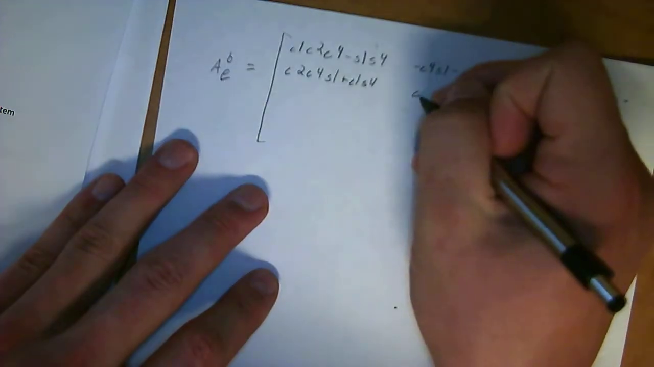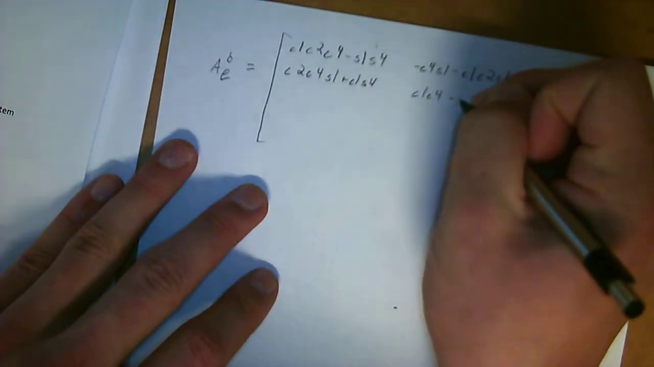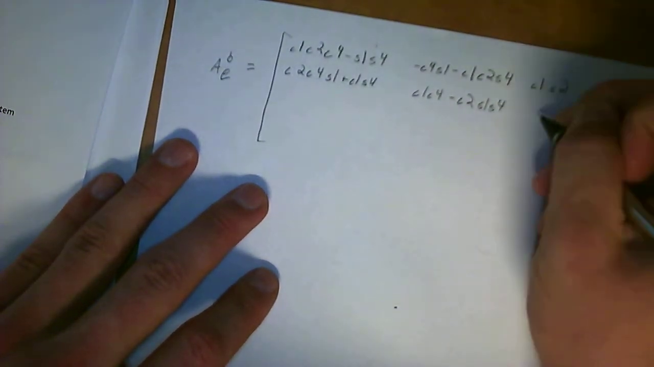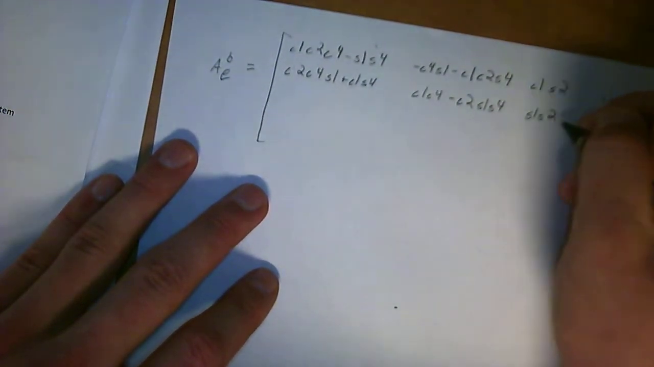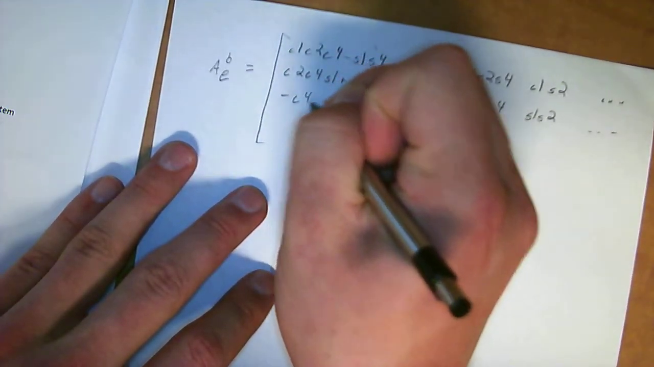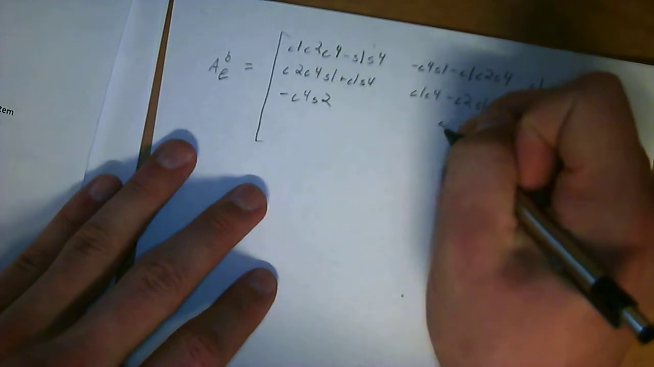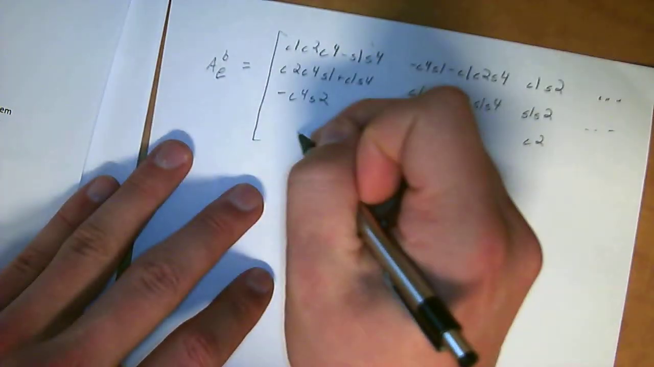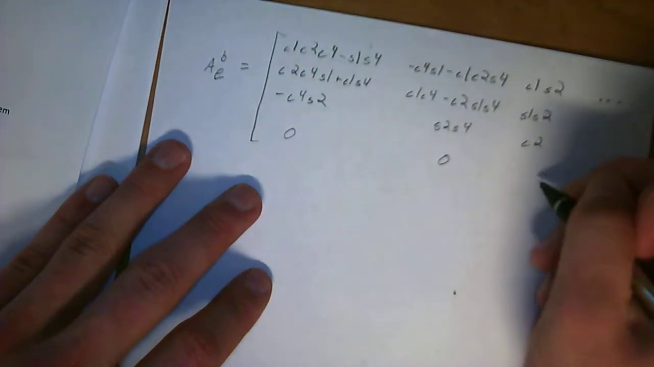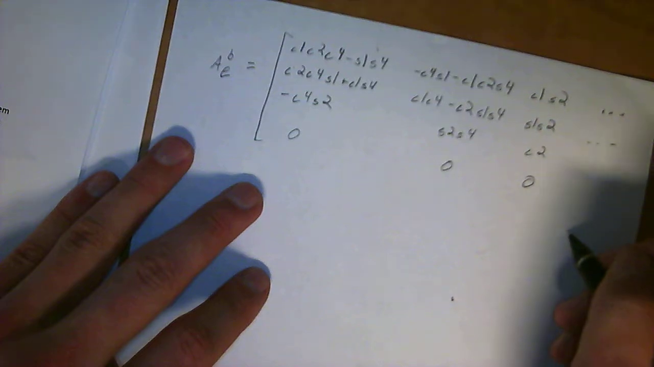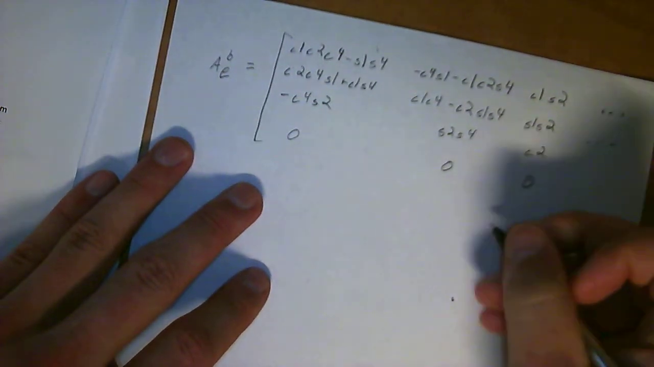Cosine of 2, cosine of 4, sine of 1, plus cosine of 1, sine of 4, then cosine of 1, cosine of 4, minus cosine of 2, sine of 1, sine of 4, sine of 1, sine of 2, dot, dot, dot, then minus cosine of 4, sine of 2, sine of 2, sine of 4, cosine of 2, and then the normal A matrix row, 0, 0, 0,